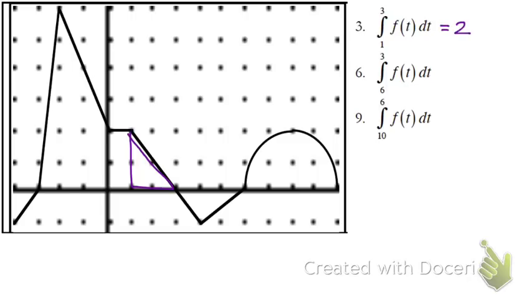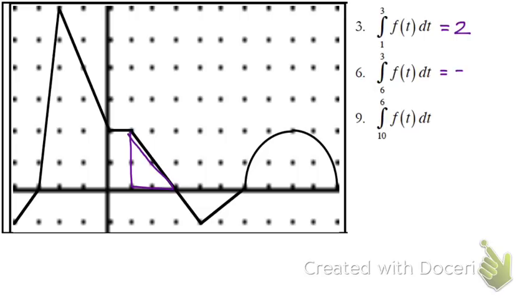Notice on number 6 that this one's actually written backwards. So instead of written from 3 to 6, from smaller number to larger number, it's written backwards from 6 to 3. When that happens, we always fix it. I don't ever want to see an integral written from a larger number to a smaller number. Remember, if we're reading it backwards, essentially that's giving us a negative reading on the x-axis. And since it's giving a negative reading on the x-axis, we can fix this by flipping it upside down